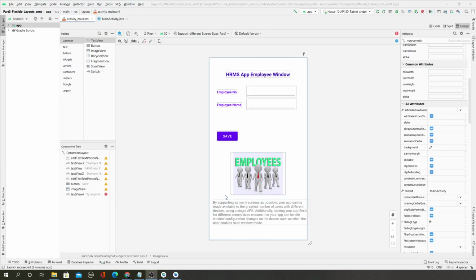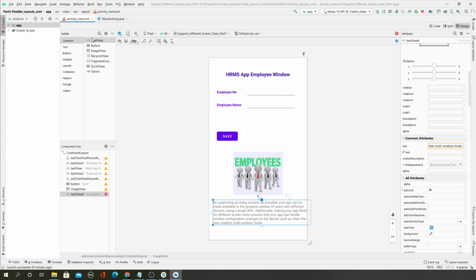So what we have done here is, this is the continuation of the app from the previous lesson. We have added a text view, and then we have added a somewhat larger text. The text is given here in the property palette. We have given a larger text on purpose to see these two properties, and then we have given a vertical constraint from the label to the image, right?